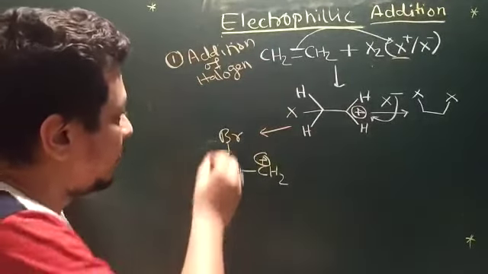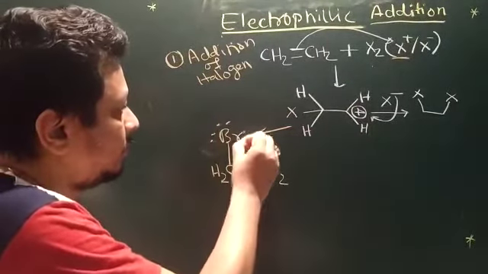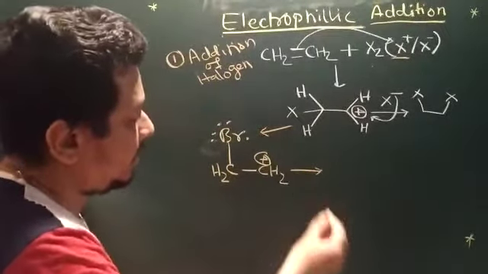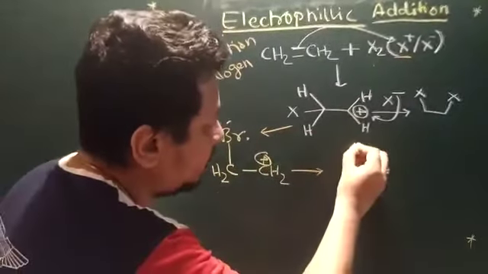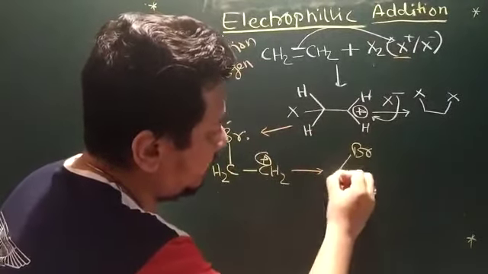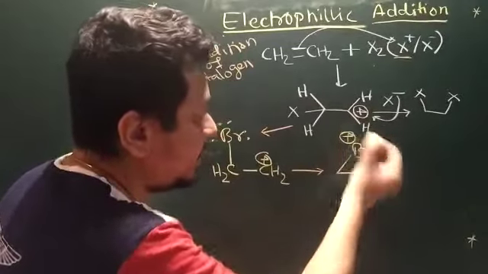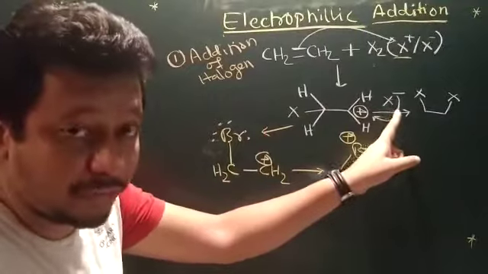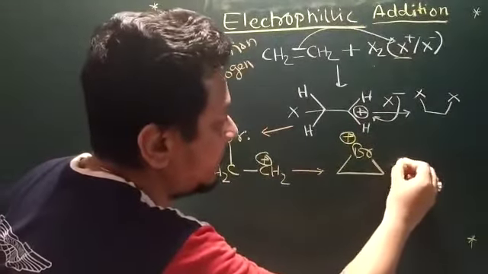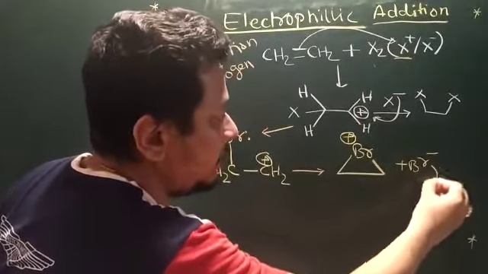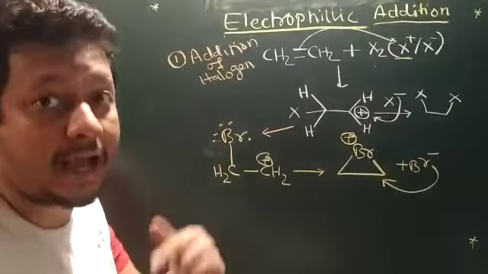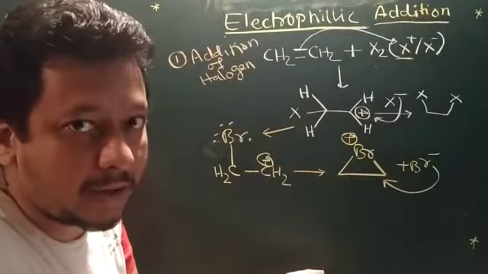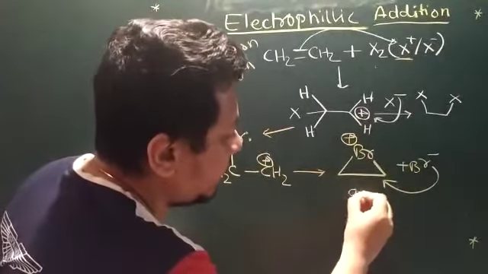And remember, we're talking about a symmetric alkene right now. As you know, bromine contains a lot of lone pairs of electrons. It can give this carbon the electron and form a halonium or bromonium ion. This is a very vital intermediate. So this allows the nucleophile, X minus, which is Br minus, to attack only from the opposite direction. That means anti-addition. This is above the plane, this is below the plane, because from above the plane it cannot come and attack.